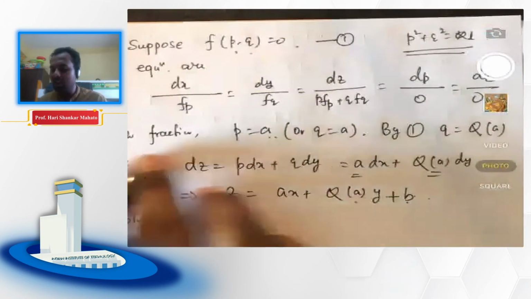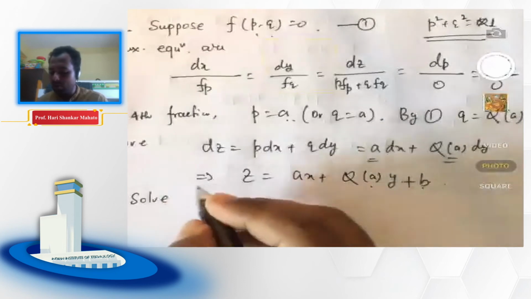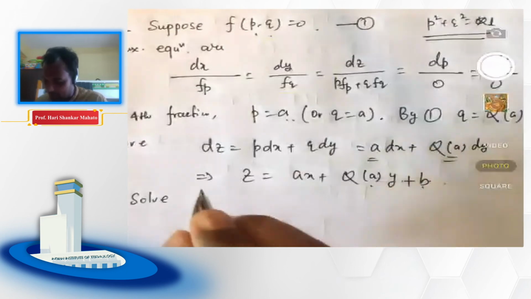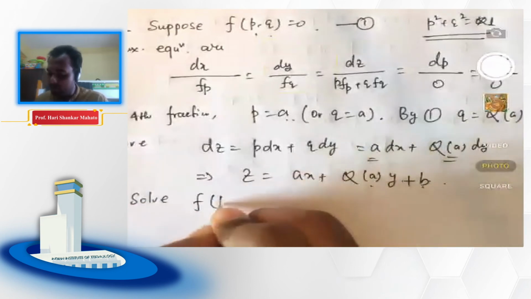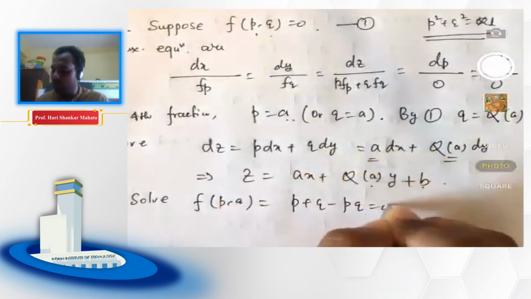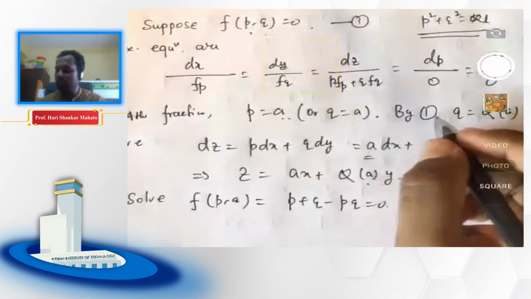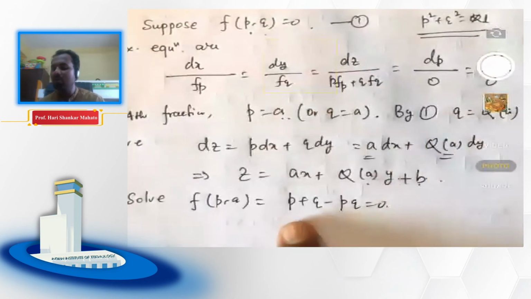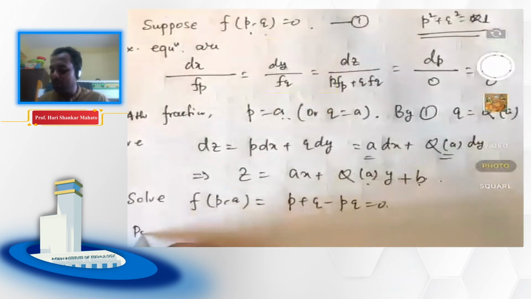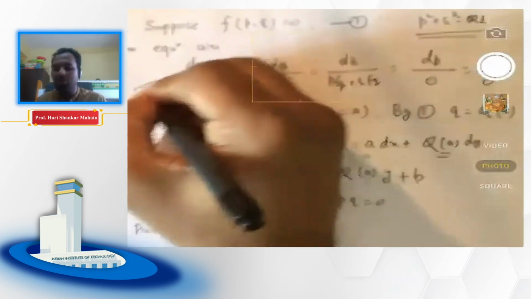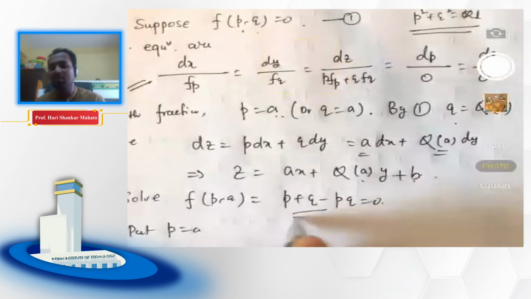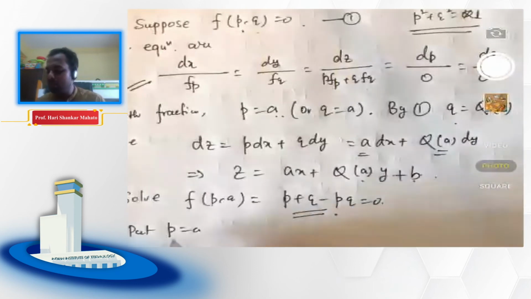we are just going to see the application of this method. So solve for the complete integral of the PDE f of p, q equals to p plus q minus pq equals to 0. So we don't have to do these intermediate steps. The minute you see that the given PDE is of the form f of p, q equals to 0, the solution will go like this. You directly put p equals to a. Don't do these intermediate steps. Whatever you do, you will get the same answer. But I'm saying you can skip that because you have recognized the form. And the minute you have recognized the form, put p equals to a.